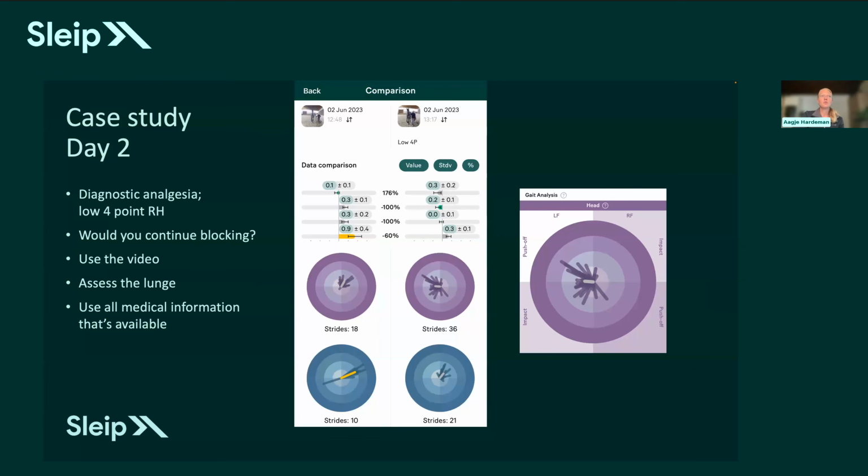Let's go back to our case. This is the horse before and after the low 4 point. The question is, would you continue blocking? Well, that's of course a question that's not only dependent on the data. And here you see that you blocked a lot of the asymmetry out. But the question is also, what do you expect? Do you expect to be able to block it to zero? And that depends on the horse, on the pathology that you probably expect, on whether it's an acute or a chronic lameness. So all those factors play a role. And there's not enough time to go through them one by one. But in here, I would say, look at the anamnesis, use the video, and assess the lunge again